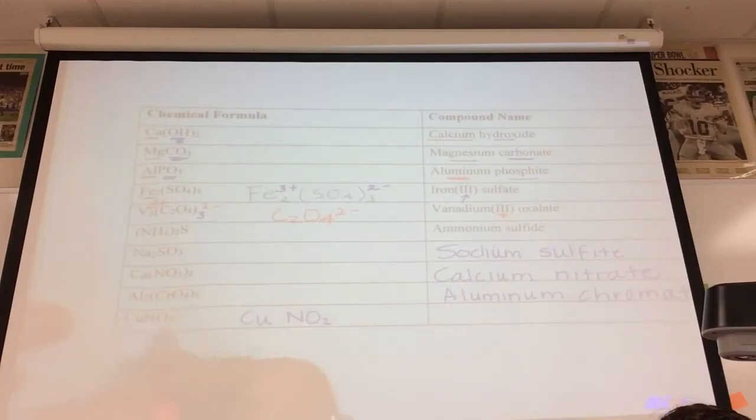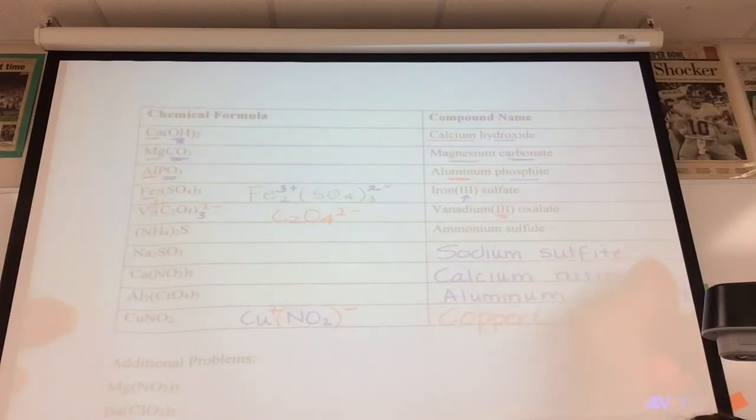If you don't have parentheses around the polyatomic, it's because you only have one of that polyatomic ion. Your best approach here is to put parentheses in. The charge on nitrite ion is 1 minus. The 2 is inside the parentheses, so you don't use it when figuring out the charge on the copper. You have 1 times 1 is 1. The charge on the copper ion in this case is 1 plus. And this will be copper